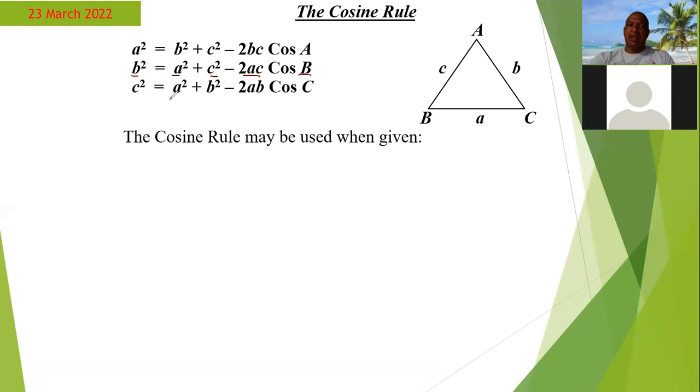Likewise with this one, if we are starting off with c squared, on the other side, we're going to have a squared plus b squared. On this side, we're going to have minus 2ab, and then we're going to have cos of the angle C. All right, so those are some key things to note about the rules. Now, how do we really apply the rules? The rules are applied based on the side that you're trying to find. Now, if you're finding the side C, then you're going to write the